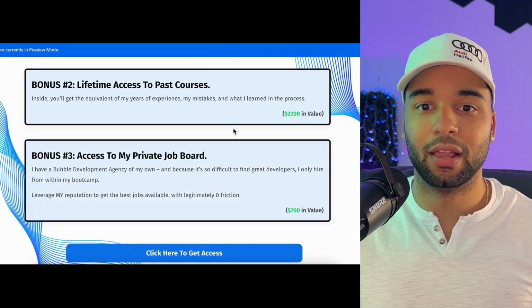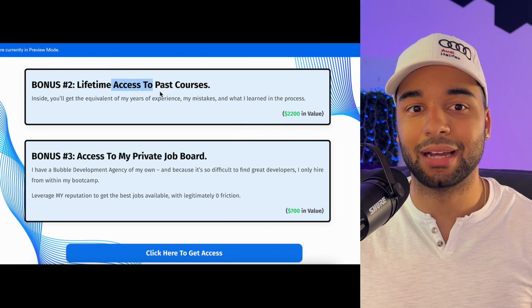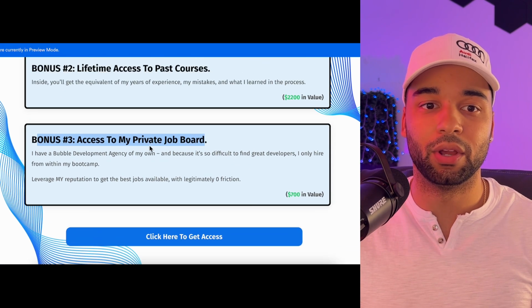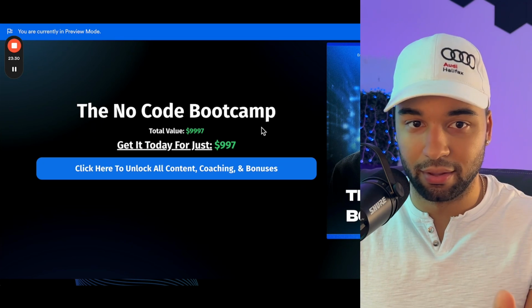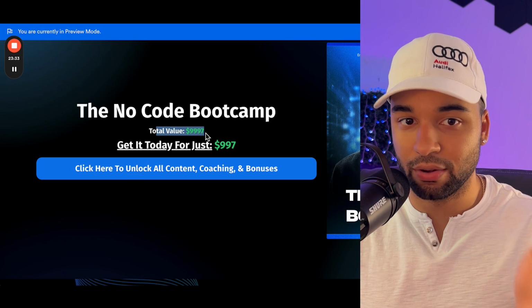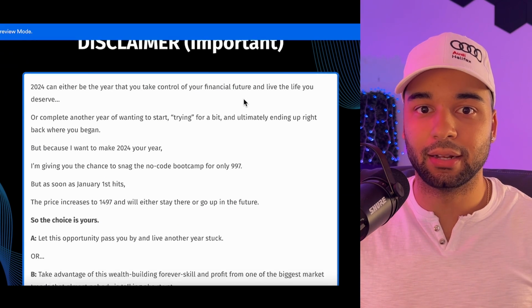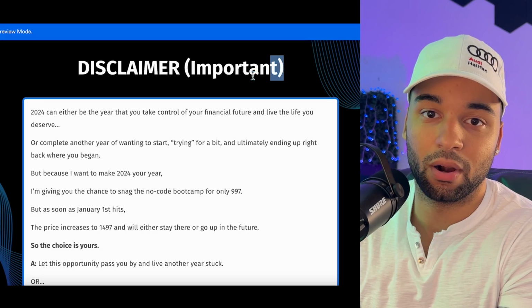$1,000 of value. And then some other bonuses: lifetime access to past courses, and access to my private job board with, of course, some benefits under there. You get everything for not 10 grand, but get it today for just 1 grand. Bam. And disclaimer, important. The reason why disclaimer is the scroll stopper here is because people are much more